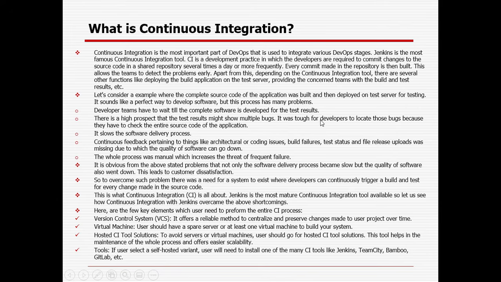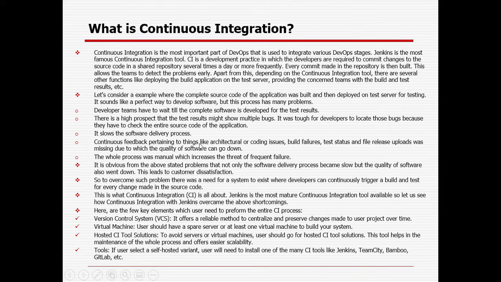It was tough for developers to locate those bugs because they had to check the entire source code of the application instead of a particular module. It slows the software delivery process and could be a time-consuming process.